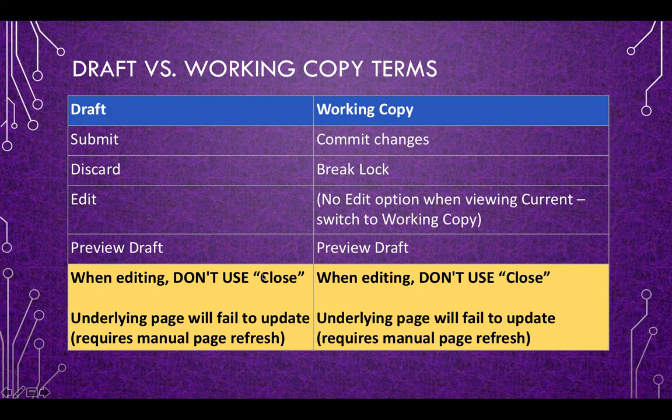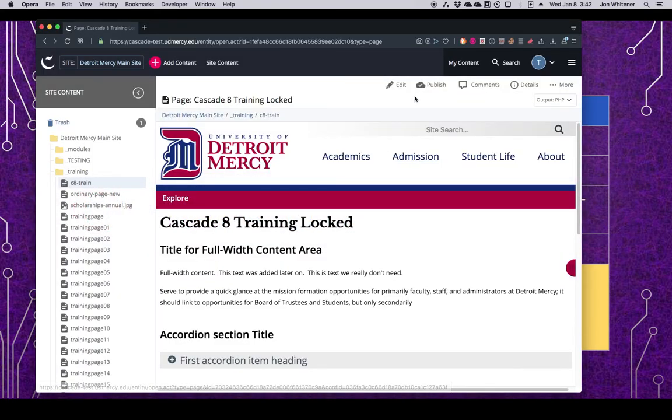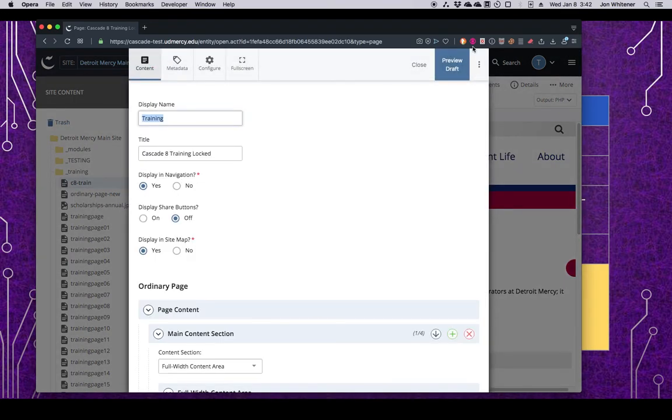One thing I found in testing is that, and I'll go back to this in Cascade to show you, if you are looking at this edit overlay here, you'll notice there's a close option here.